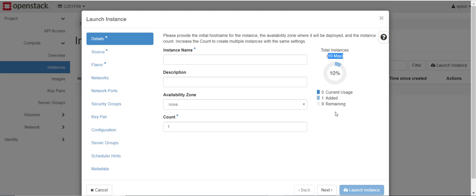So currently there's 0 used and there's 1 added right now, which is 9. After I create this, it will be 9 remaining out of 10. Let's say create VM1. Let's mention availability zone and number of counts 1. So I'm creating 1. If I create 2 or 3, I can create multiple simultaneously, and as you can